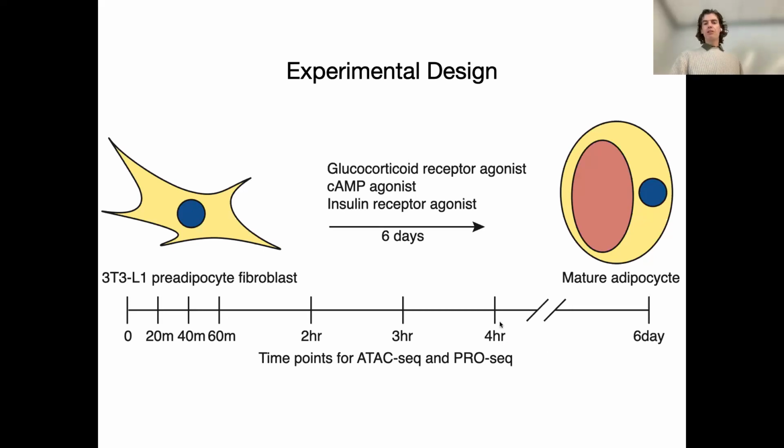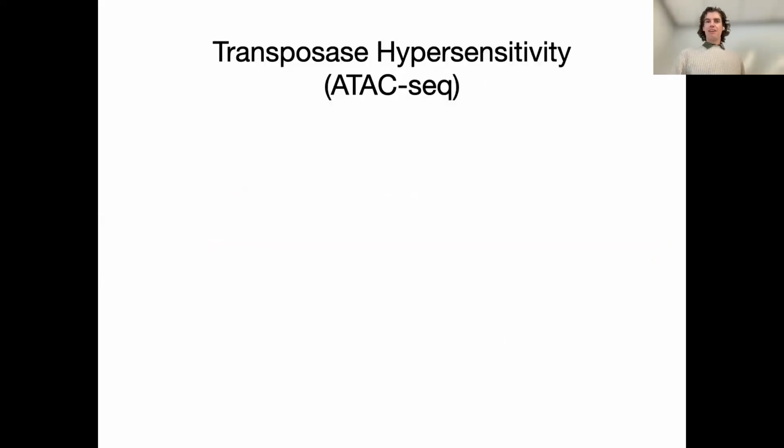And the reason we did this is because people have been studying this for decades, and the earliest time point that people have looked at had been 4 hours, and we wanted that to be our terminal time point with the idea that a lot of stuff's happening in 4 hours, and we didn't really know how much was happening, but okay. So ATAC-seq